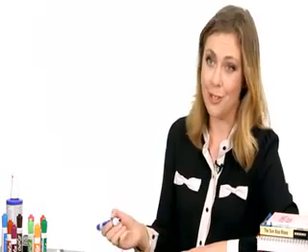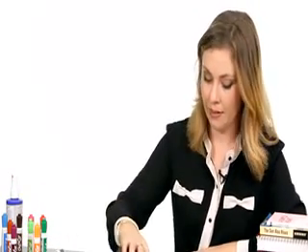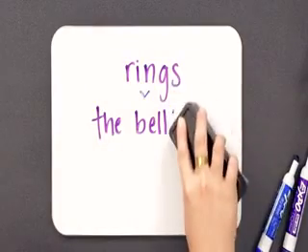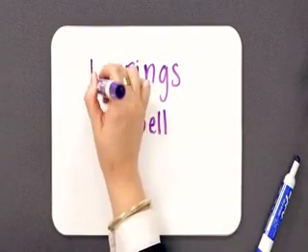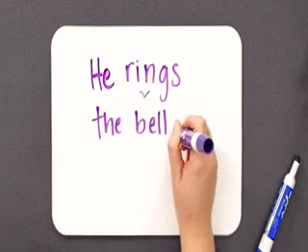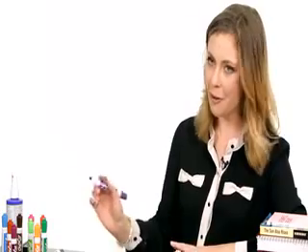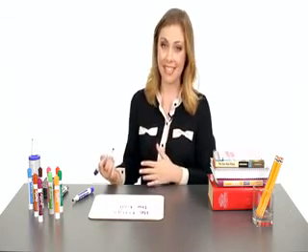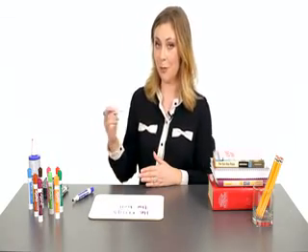And you can use my M trick to make sure that you're using the correct word in this sentence as well. Let's turn it into a statement, and let's substitute the word he for who, and see if it still sounds right. He rings the bell. That makes sense. It wouldn't make a whole lot of sense to say him rings the bell. I hope that this makes it a little clearer the next time you're trying to decide whether to use the word who